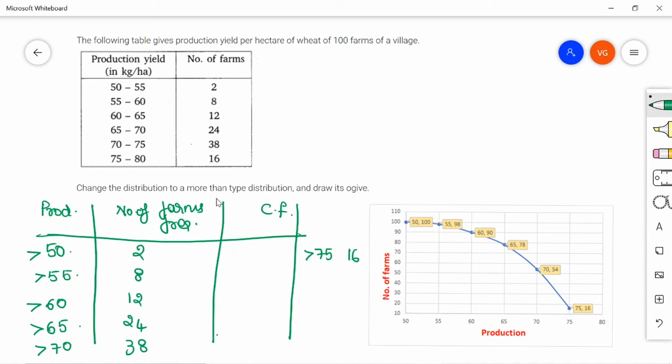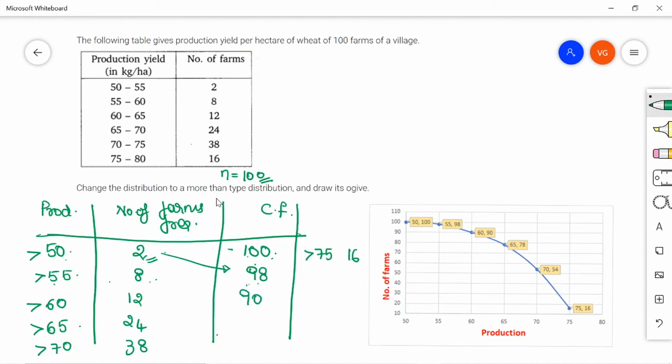So the corresponding cumulative frequency as they are asking here, see here, greater than 50 means totally you have how much? N is equal to 100, right? So this 100 is greater than 50 only, right? Everything is greater than 50 only, 100 only, right? So greater than 50, you have total cumulative frequency will come as 100. So 100 minus 2, that will come to 98. So as you have 50 to 55, you have 2. So that 2 I am subtracting, so that above 55, I will get 100 minus 2, that is 98. So 98 minus 8, 90.